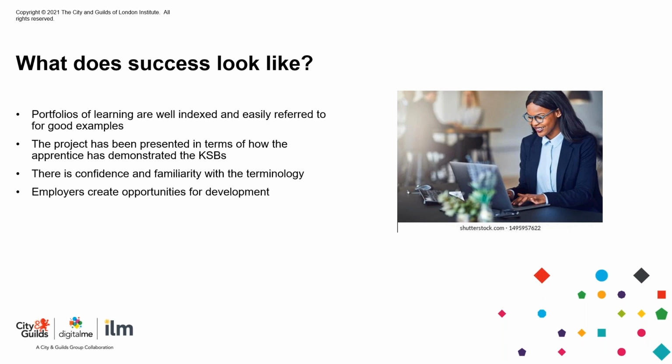So, how can we ensure our programmes end in success? What does success look like? We already have apprentices that achieve 100% success under the current assessment plan. Invariably, the successful apprentice has a portfolio of learning that is well indexed and directly relates to the competencies, the areas of knowledge, skills and behaviours that they need to explain to the assessor. They will have good examples that they can draw on easily and fluently based on their experiences at work.